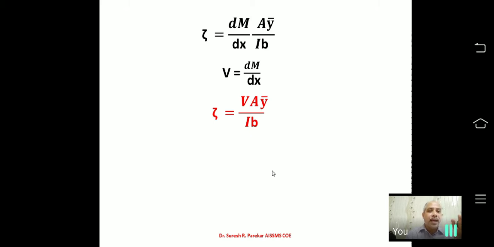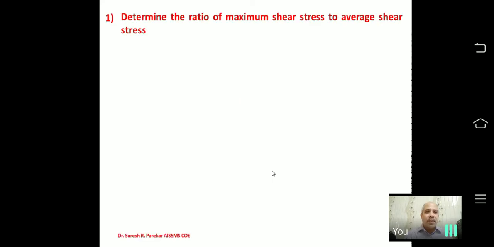So we have these comparisons, 4 points. First formula, second polynomial function: bending stress 1, shear stress 2. Then maximum values: for bending stress, 0 at the neutral axis, maximum at top and maximum at bottom, 1 in compression, 1 in tension; and for shear stress, top 0, bottom 0 and maximum at the neutral axis. This comparison is most important, because when you go for MCQs you may come across a question on this. Now we will go with the first problem.